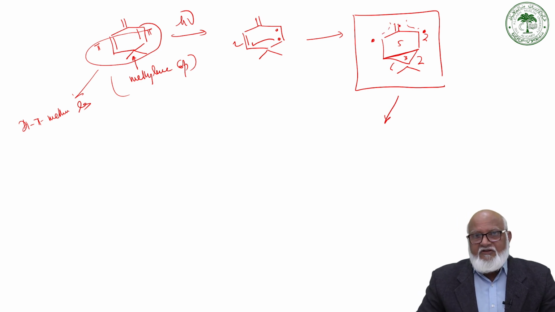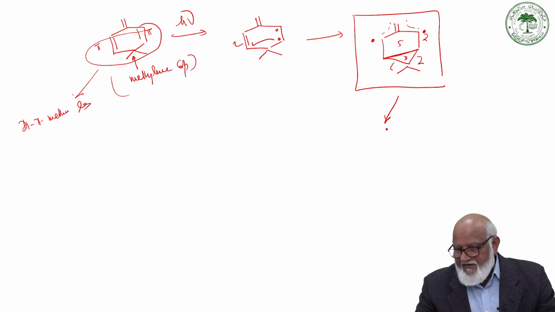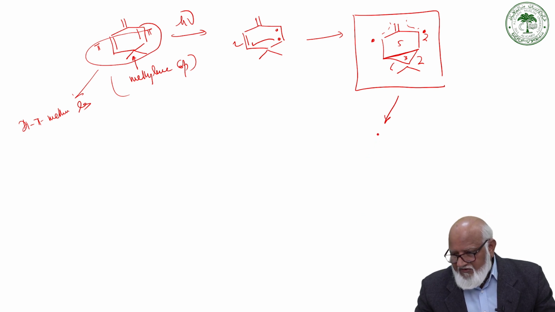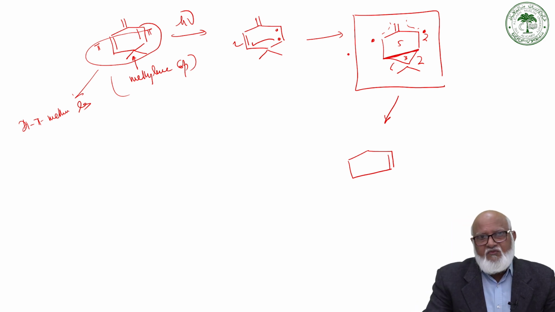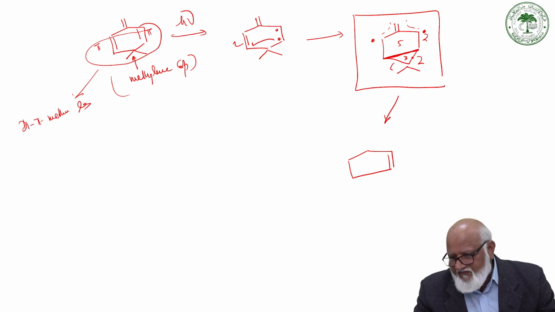So both the radicals are stabilized in the same way, and hence there is no important factor. So let us form a double bond here, and if we cleave this new bond, we go back to the starting material. So if we cleave this bond, say for example A, then we end up with